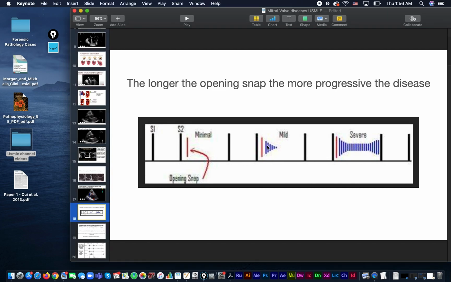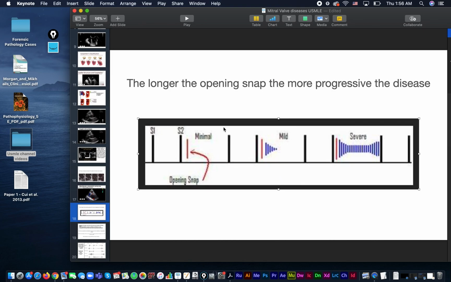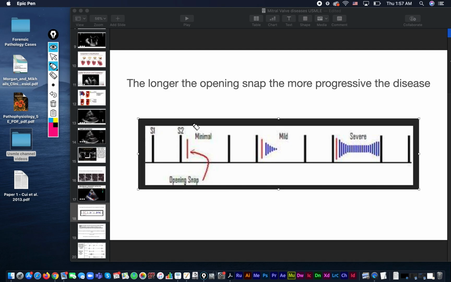But you see here the stethoscopic sound is loud in diastole first, and then it comes down as it closes. That's because once you've popped open the mitral valve, the stenotic valve, it sort of